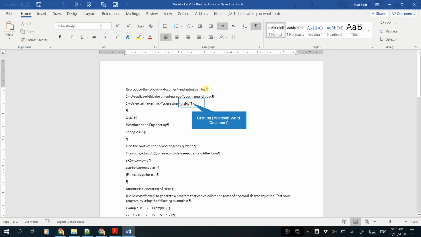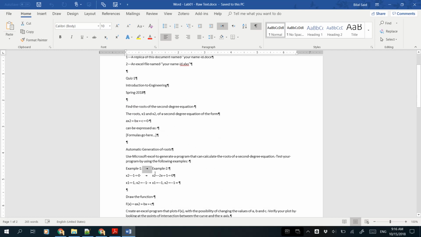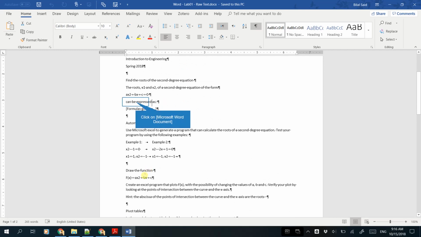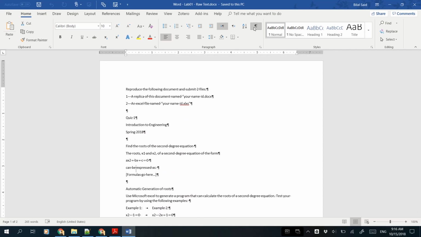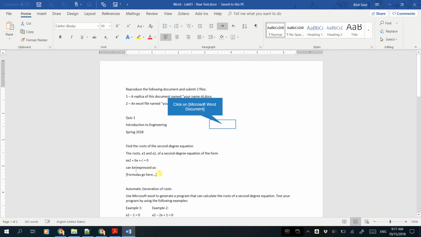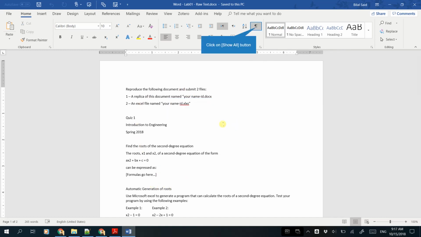First, let me tell you how to display or hide these weird symbols that denote the existence of an enter, or the existence of a tabulation, or even the existence of certain spaces in your document. So this button here called show hide non-printable text, if I click on it, these symbols will disappear. If I click on it again, they will reappear. So I can click on it for the moment,